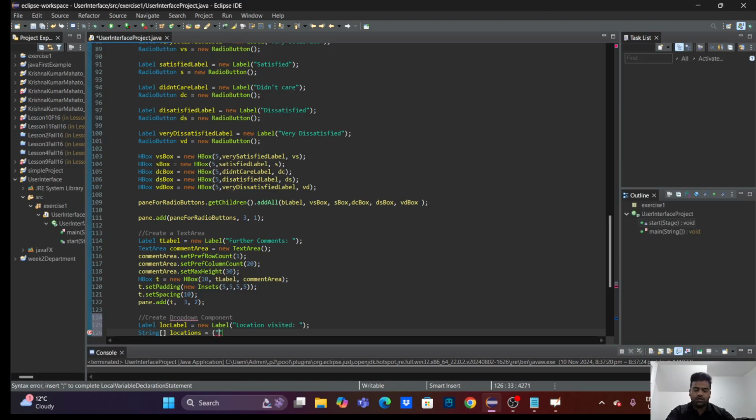For the drop down option we will be using an array of type string. And in the drop down I'll be using the location visited, so I'll write some locations like Toronto,